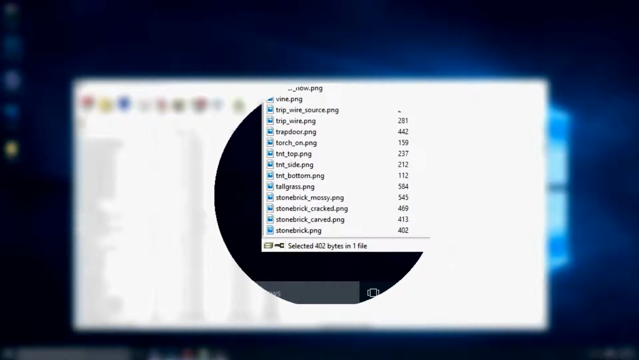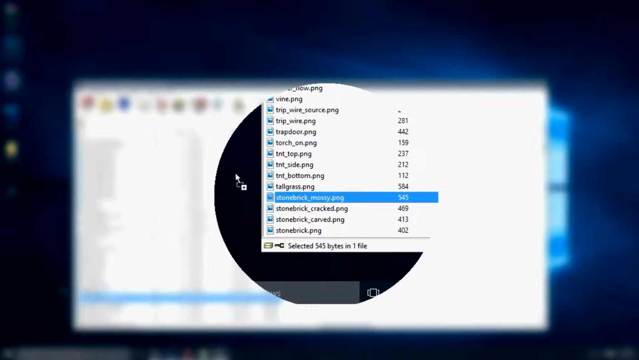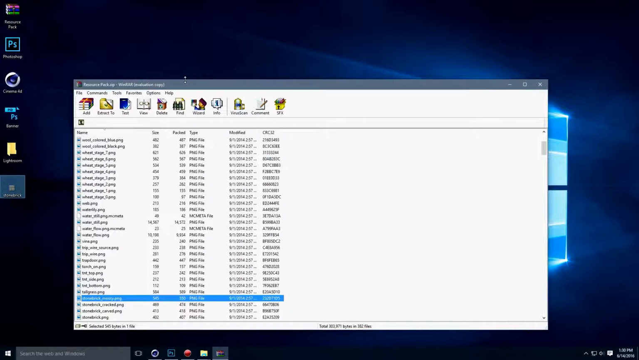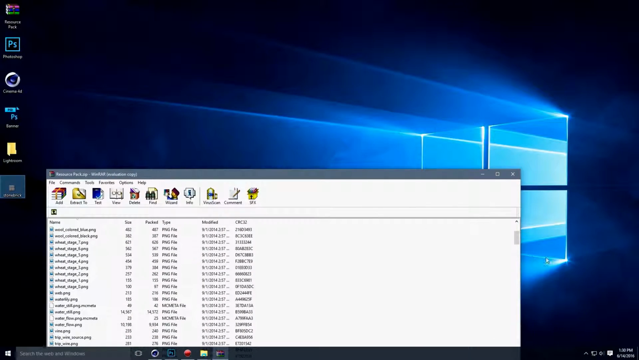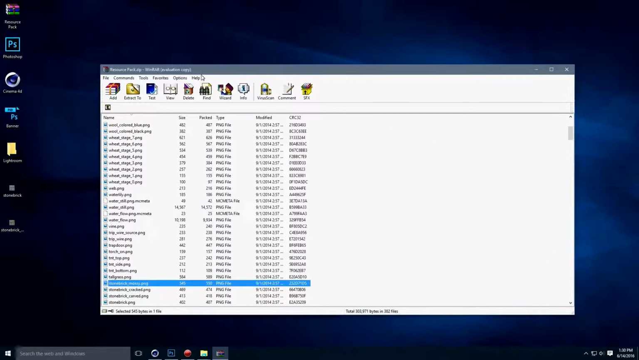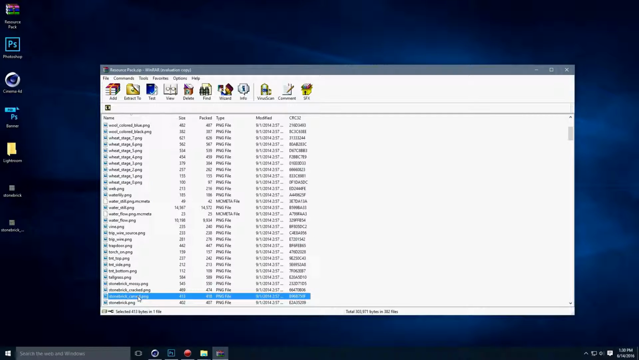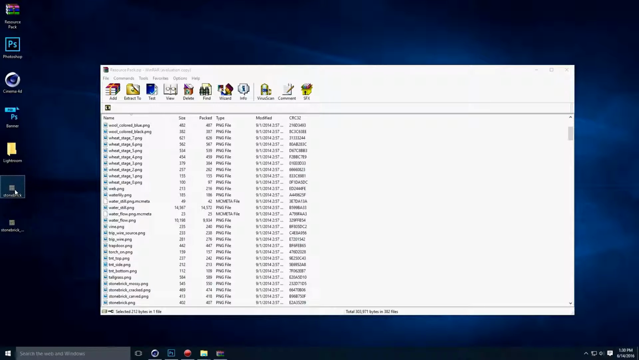Now, I actually already had this. Now you're going to use Stone Brick Mossy. I actually already have it on my desktop, but I'll just place it. So you can also switch out stone brick for stone brick cracked or stone brick carved. It's really up to you, but for the sake of the tutorial we're going to be using stone brick and